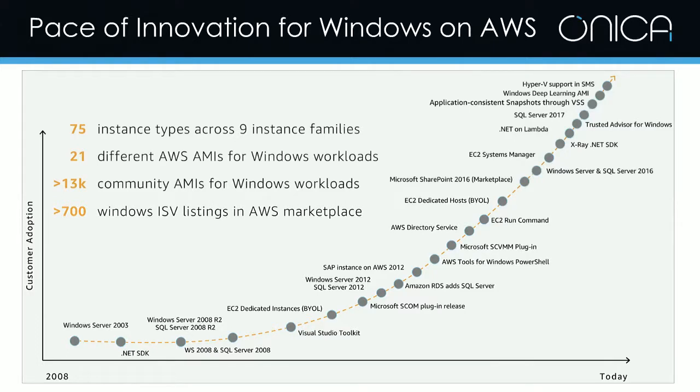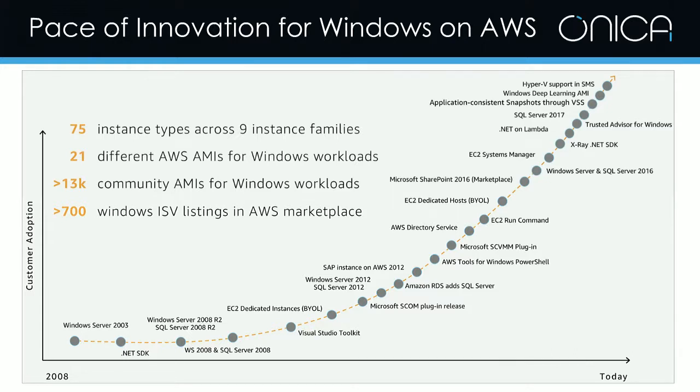Now, kind of turning the page and looking at Windows in particular, from 2008 to today, you can see the rate at which adoption of Windows workloads on AWS has grown. We are now in a point where there are 75 different instance types across 9 different families. The families representing the sort of major class, and then the instance types representing the different sizes. There's 21